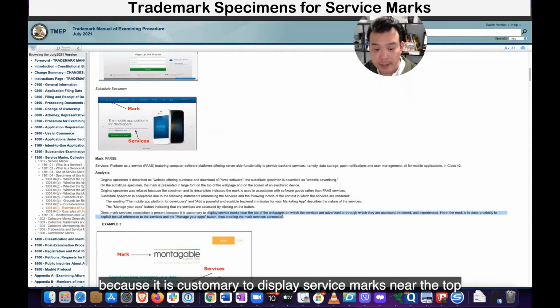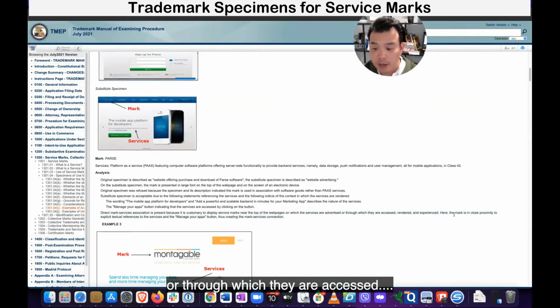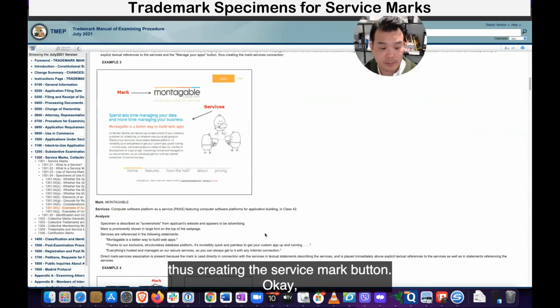Because it's customary to display service marks near the top of the page on which the service is advertised or accessed. Here, the mark is in close proximity to explicit textual references to services, manage apps, thus creating the service mark button. Okay, so